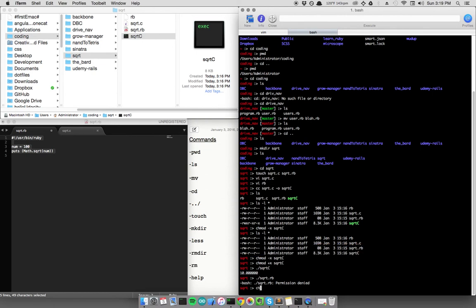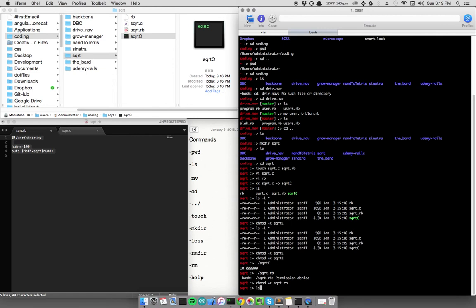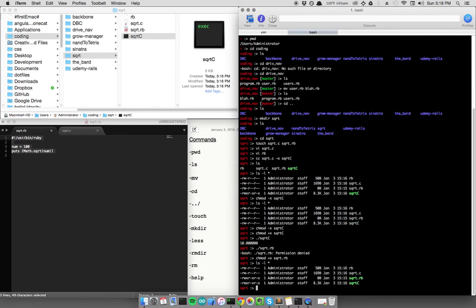So we can add executable rights by adding x to square root.rb. And now if we look at them all again, we will see that square root.rb, it's a different color, and it has these x's, which means it's executable. So yeah, so now if I try to run it,